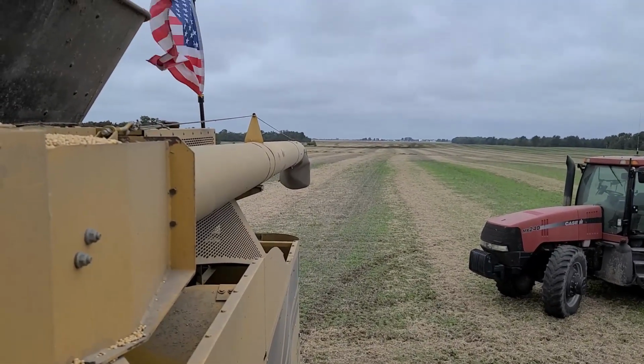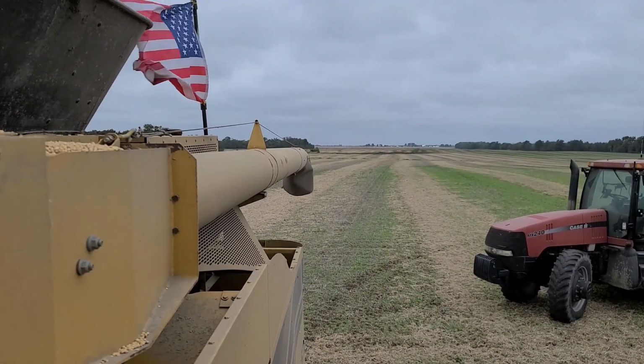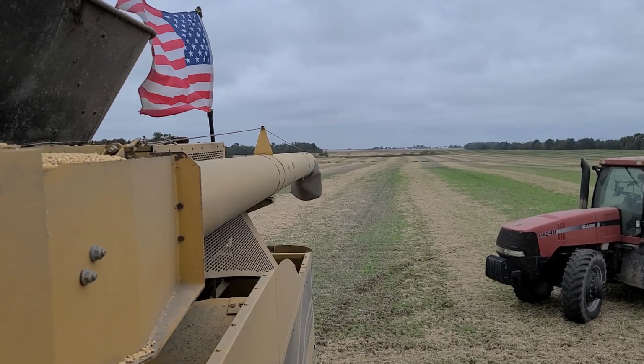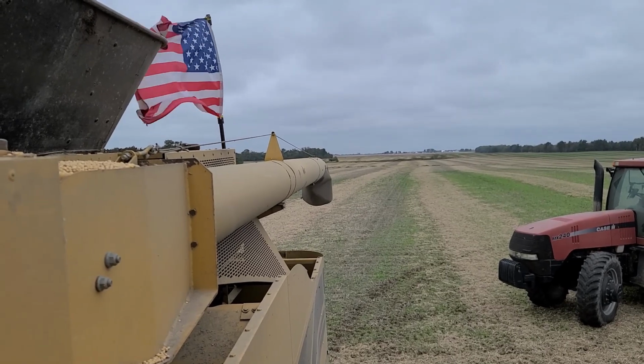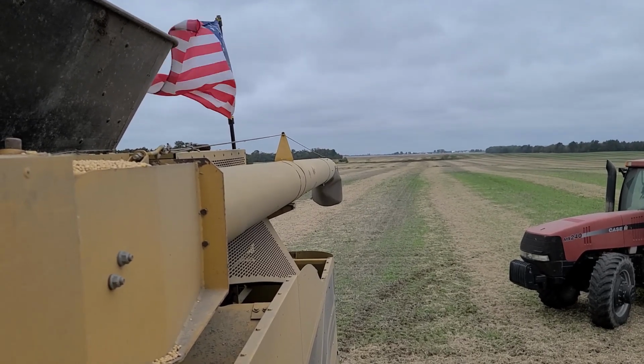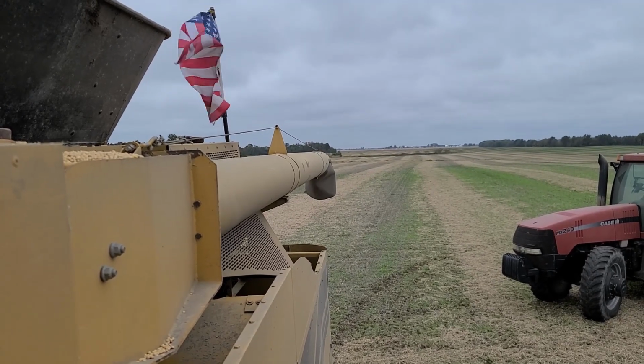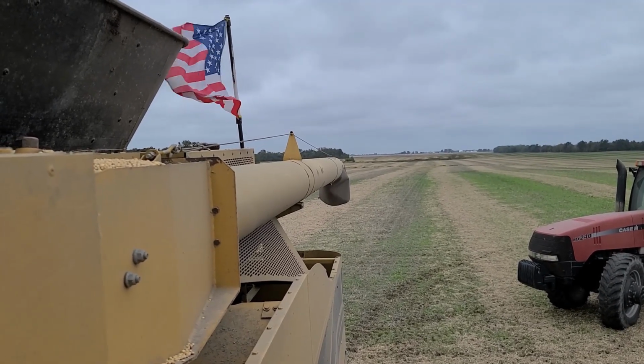Dad's put a new hydraulic hose on the honey wagon so Uncle can haul manure. He had a hose blow out on him yesterday. And then we got to move the auger to another bin